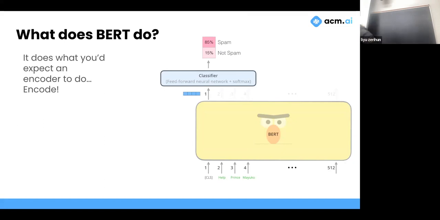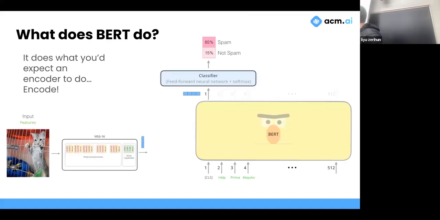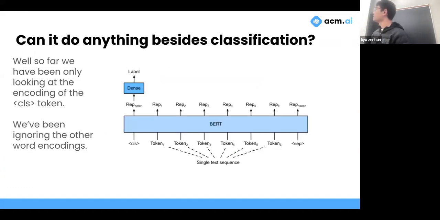This process and idea of encoding and extracting features you've seen before in Jordan's slides, for example. You have an image, you encode it, and then from that encoding you can predict classes. Same concept: encoding, getting a representation of, in this case, an image, and then classifying it. Here we're getting a representation of a sentence and then classifying it as spam or not spam. But you can do other classifications too, like is this happy or sad. Technically, the image classifier is really just an encoder with a very small classifier at the end, but we're training it together. You can think of it that way as well.